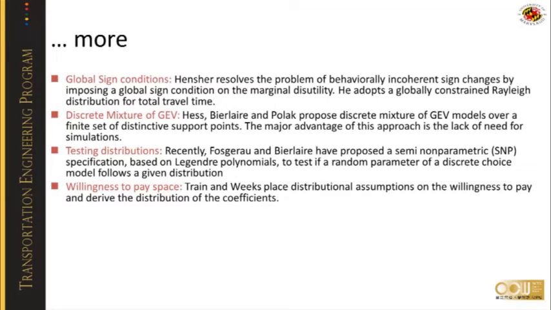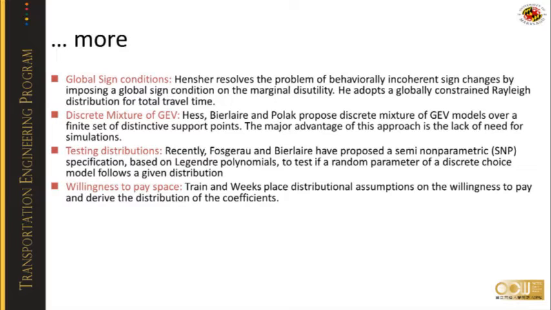Another approach is global sign condition. You know, Hensher likes to impose this condition. So he said, well, let's impose just one sign on the marginal disutility, and then he adopted this Rayleigh distribution for total travel time. So Rayleigh is similar to lognormal, but it's easier to estimate. That's why he was proposing this. Bhat and Pulugurta proposed a discrete mixture of GEV. So again, this was a discrete mixture. It was not a continuous distribution. There are other papers on this, and